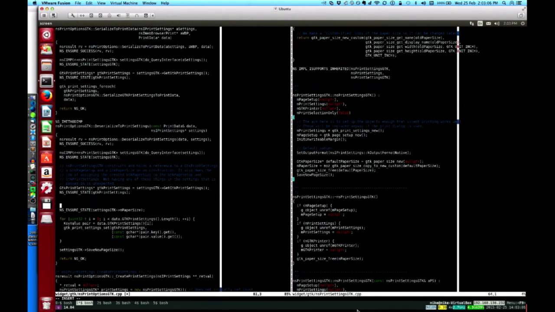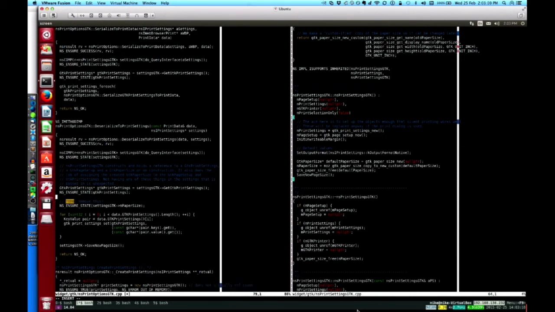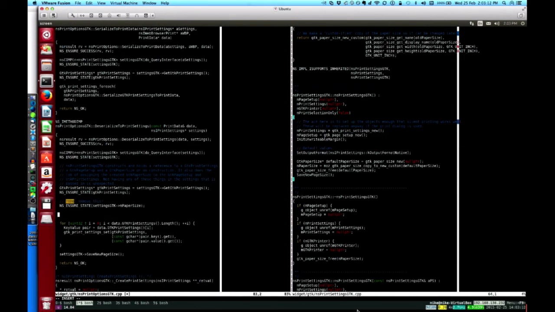Okay, to do, I have a feeling he had mentioned removing this, or maybe putting it in a debug and asserting or something. Okay, so instead of just keeping it, let's create a new one. GtkPrintSettings new settings,